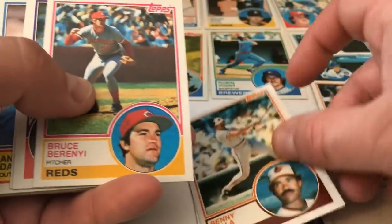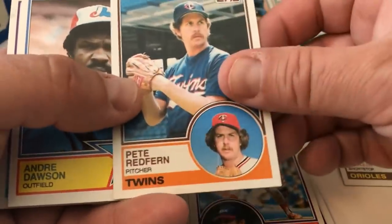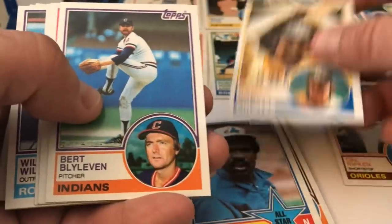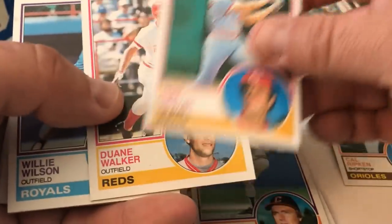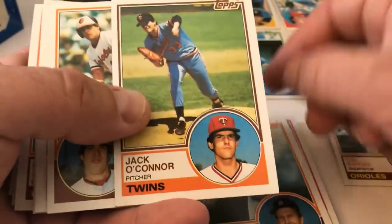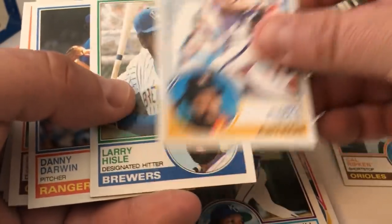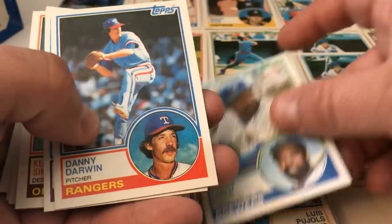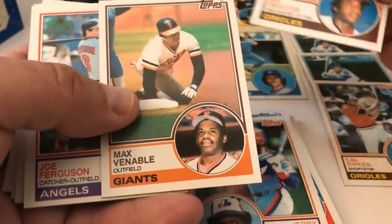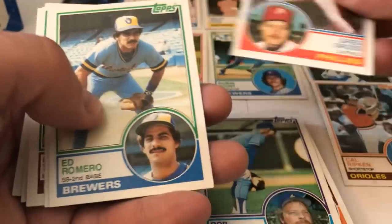Gary Woods, Benny Alea, Bruce Brenny, Jerry Kuzman, Pete Redfern. Kuzman, a longtime player for a long time. Andre Dawson, All-Star card, Randy Neiman, Burt Blyleven, Ronnie Oster, Dwayne Walker, Willie Wilson, Dan Petrie, Jack O'Connor, Glenn Gulliver, UL Washington, Luis Poulos, Larry Heisel, Danny Darwin, Alan Ripley, Jerry White, Ken Singleton, Max Venable, Joe Ferguson, Bob Horner again, Greg Gross, Ed